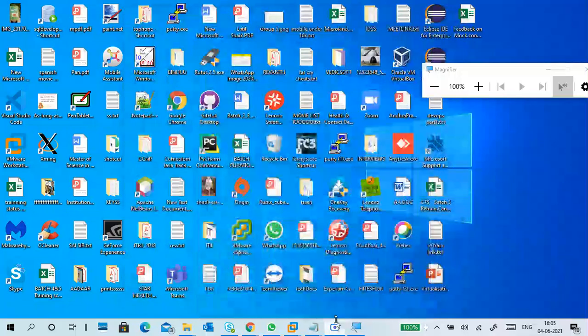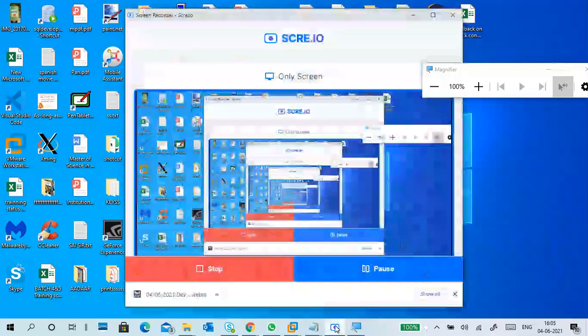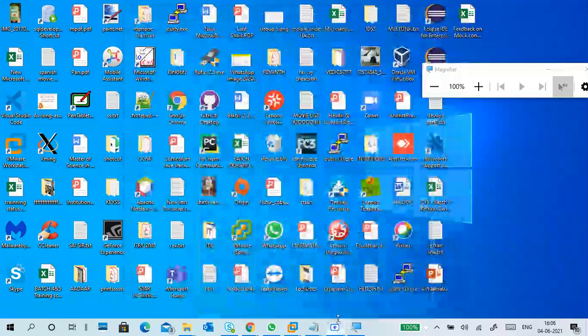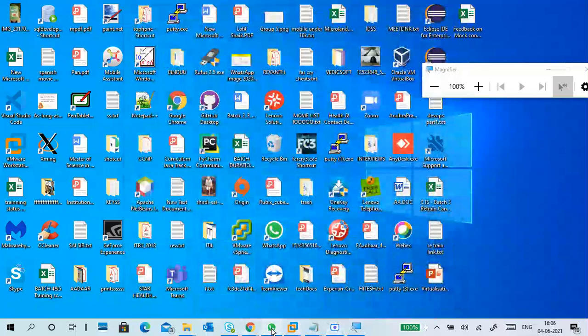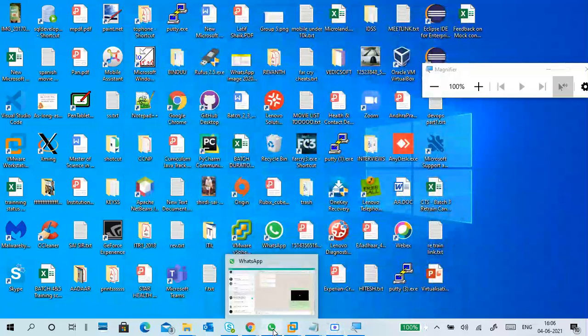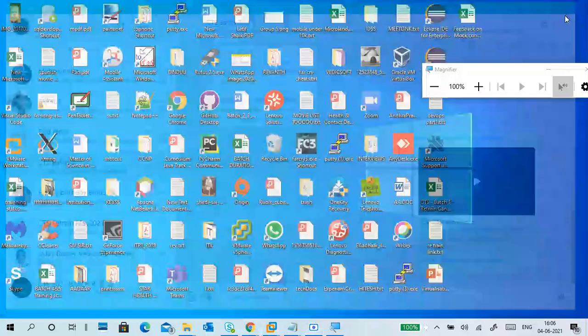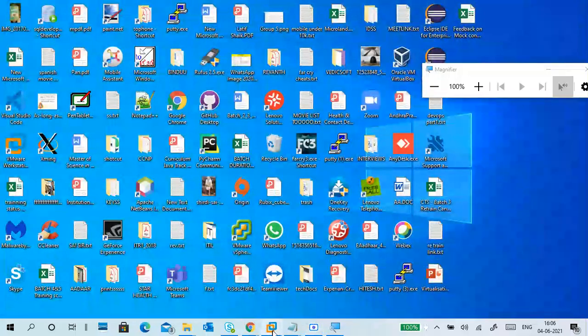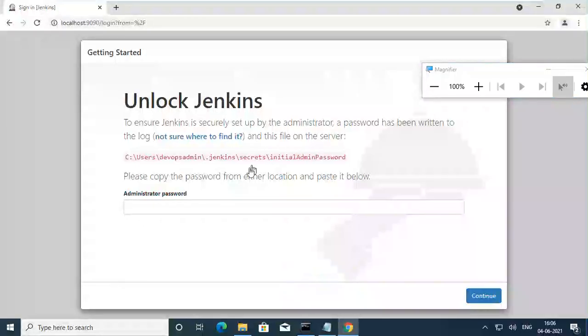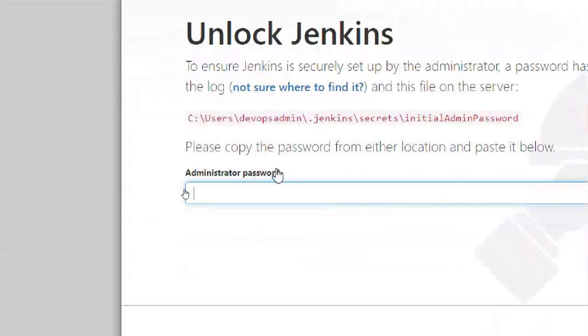WhatsApp, we can close it. This one is required, we are recording, right? So that is required. WhatsApp is not required, so you can close it, because I want to reduce usage. In the next part we need more internet bandwidth. So that's why. Okay, guys.